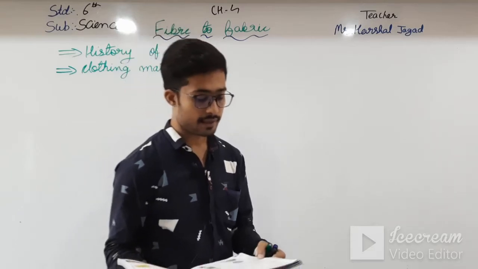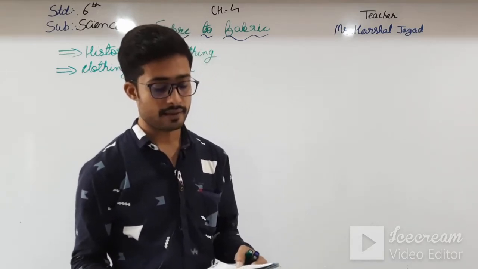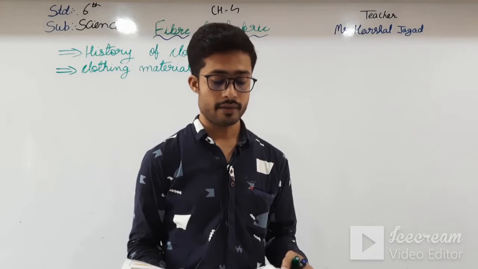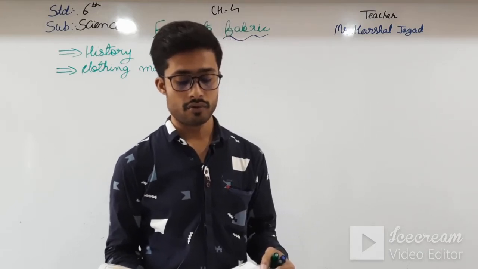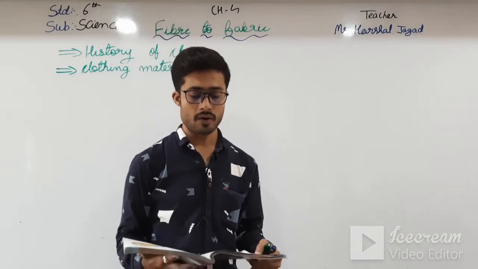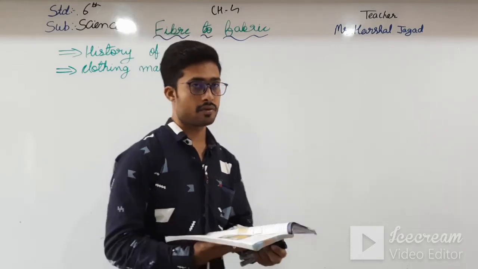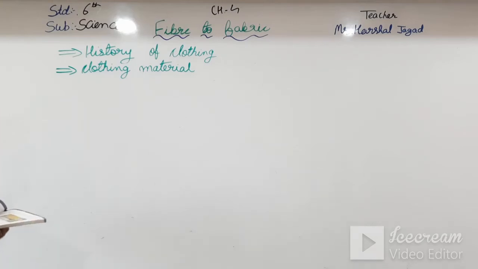Okay students, our next point in the next page is clothing. Clothes are made of different materials such as cotton, jute, silk, wool, leather, nylon, and polyester. So, clothing materials are, the clothes are made